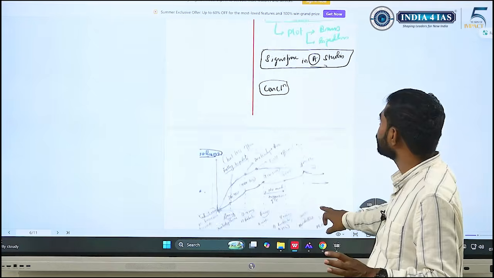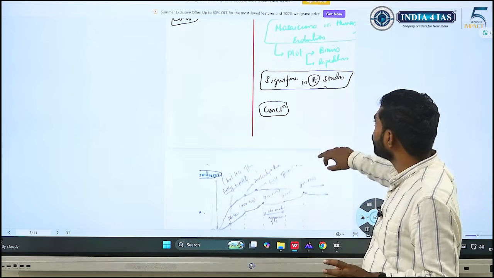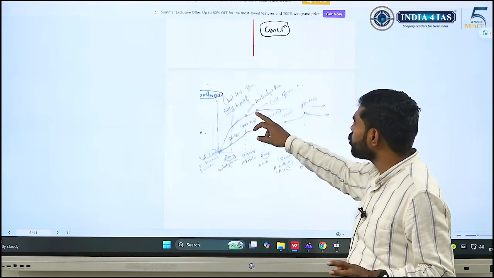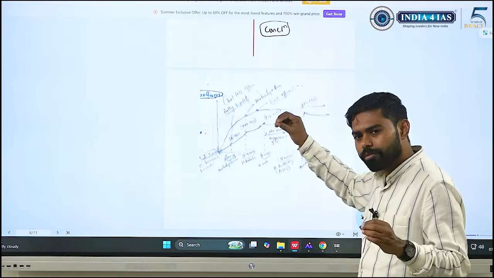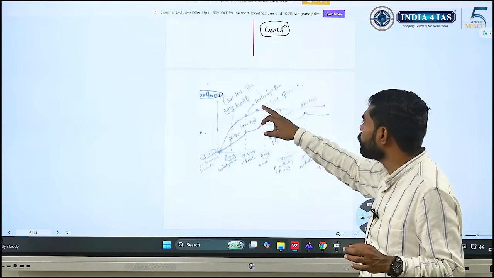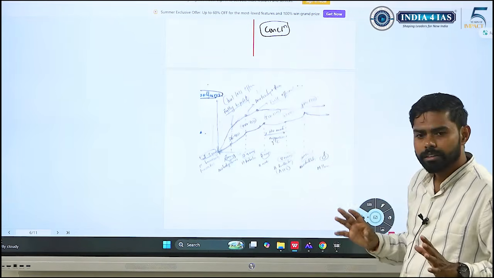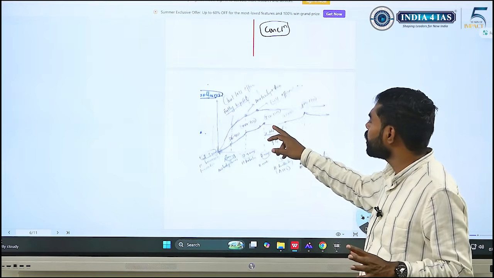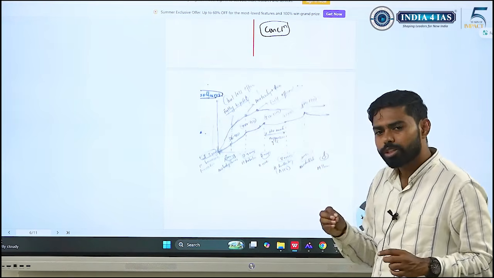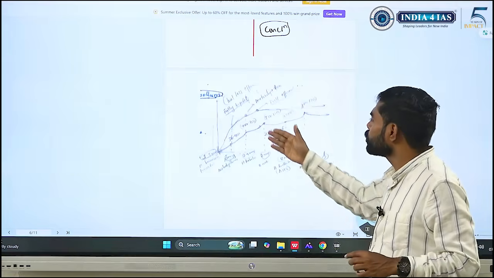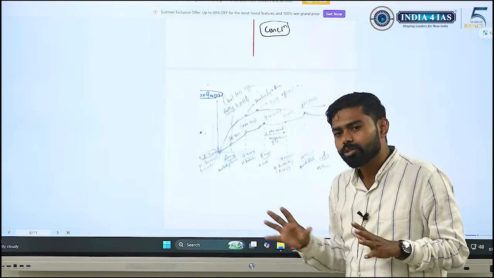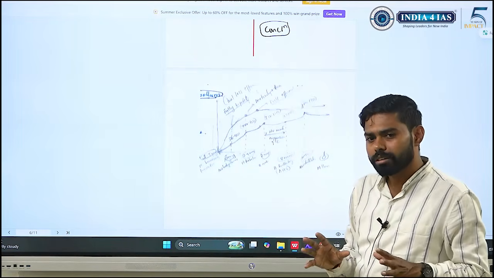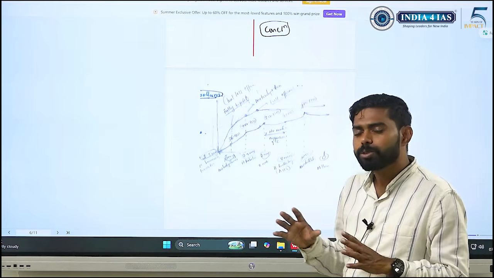So this is the diagram that I was speaking about, the plot. This upper part shows the evolution of bipedalism. This is the point where we are fully efficient bipeds, and this is the plot showing the evolution of human cranial capacity. So both are not in tandem. So that is what the concept of mosaicism speaks about.